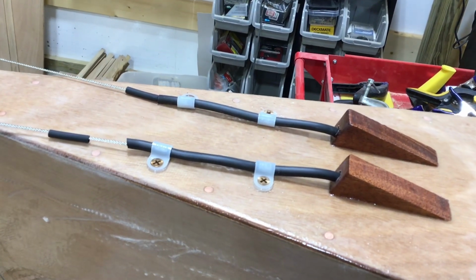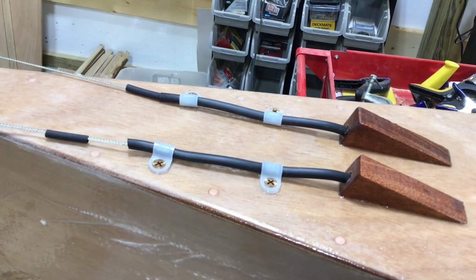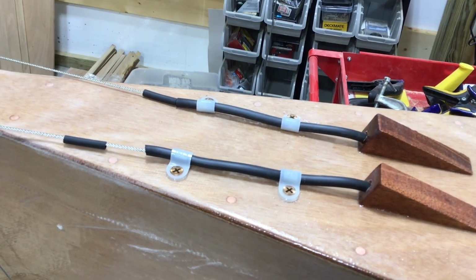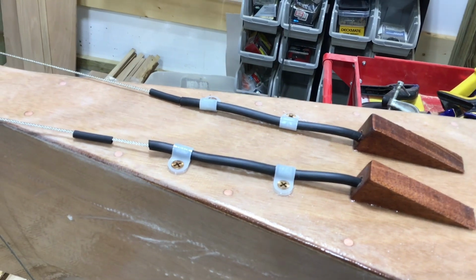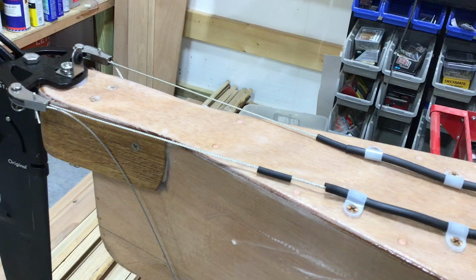And then where it exits out of these little pieces of mahogany, we've got it tied down too. These little clips, I just got these at Lowe's. I think I got 10 of them in a bag for $1. I wish they weren't white, but at the same time, I don't mind if they're kind of visual. Don't want anybody getting tangled up in these wires or...